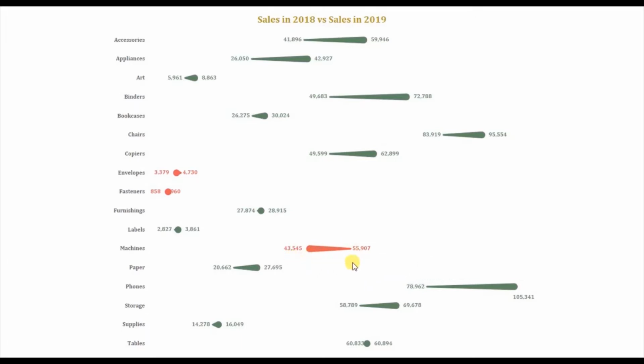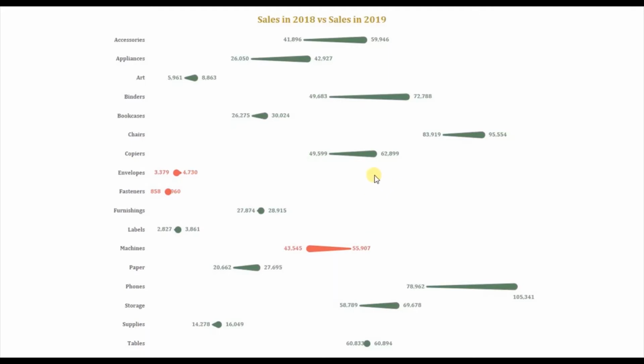So visually, we can find that for all the red comets, the sales in 2019 were less as compared to sales in 2018. And for all the comets that are green in color, the sales in 2018 were less as compared to sales in 2019.